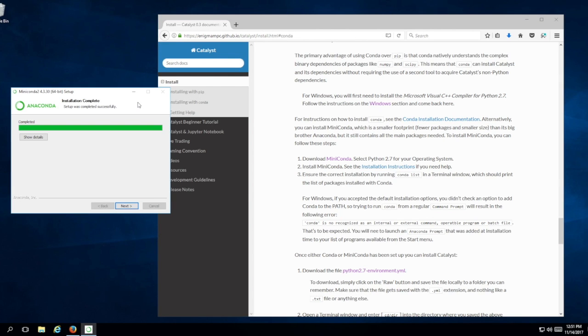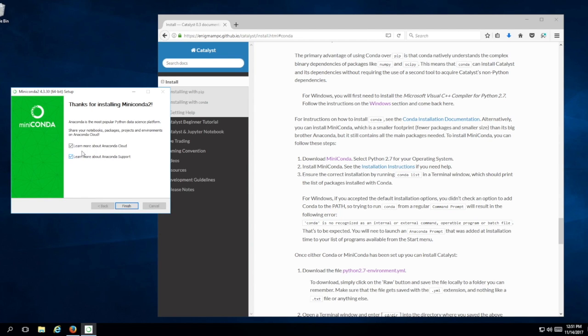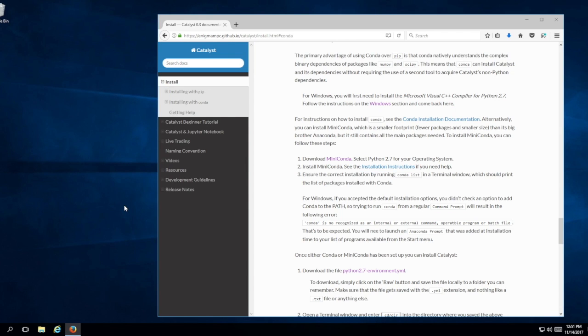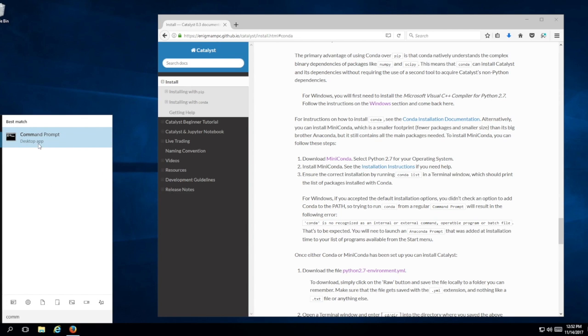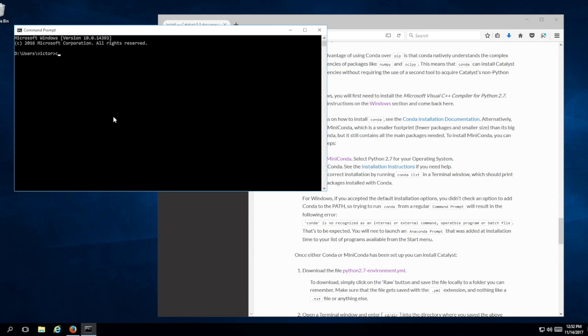Now I can come back to the Anaconda install. I see that the setup has completed successfully, and I don't want to read all these documents now, but Conda has installed successfully. So now I want to ensure the correct installation by running conda list in a terminal window. I'm very anxious to do this, and I go right ahead and find a command prompt, and I type